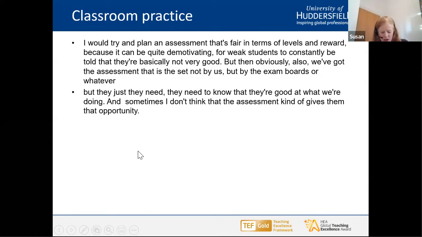Moving on to classroom practice, there seems to be this conflict between assessment, which stresses the students, which doesn't give the students the best opportunity to show themselves, what they can do, how their language proficiency has progressed over the period of learning, and what they want to do as student-centered